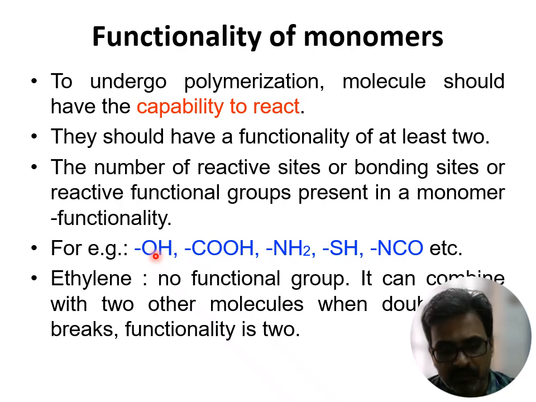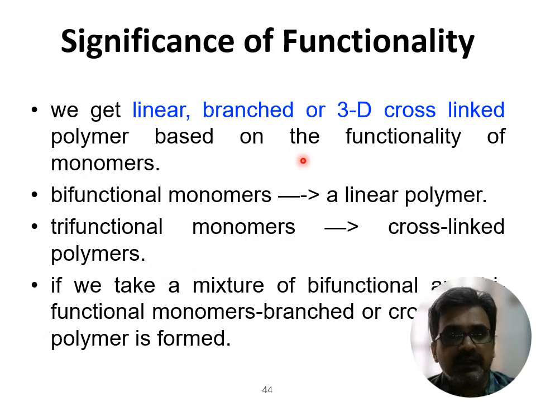and the significance of functionalities with respect to cross-linking is totally variant. If we have bifunctional monomers, we get a linear polymer. With trifunctional monomers, we get cross-linked copolymers, depending on how the branching is formed. We will look at